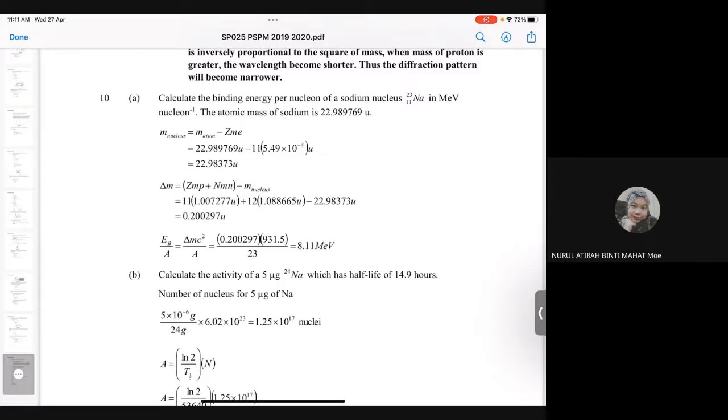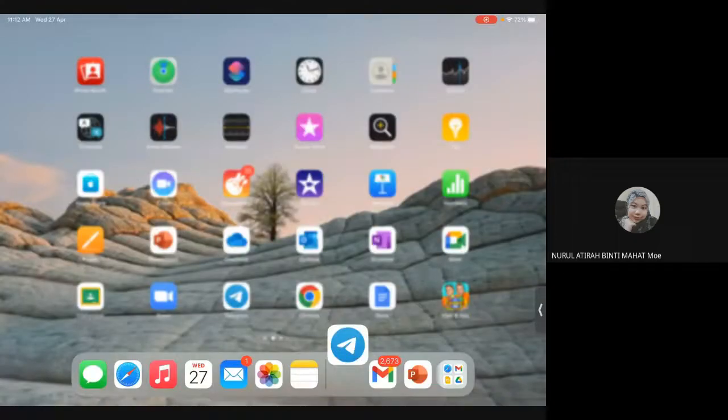Dia beza sikit je. Okay, so apa dia buat? Dia cari mass nucleus iaitu mass atom minus Z. Z you adalah 11 lah, because ni A, ini Z. So 11 minus mass electron. Mass electron you ambil kat depan lah, dan dia ambil semua unit U lah. So that's why you akan dapat mass of atom. So dah dapat mass of atom, guna formula apa? Guna, because this is U, dia akan guna 931 lah. So yang itu kena ingat lah kan.